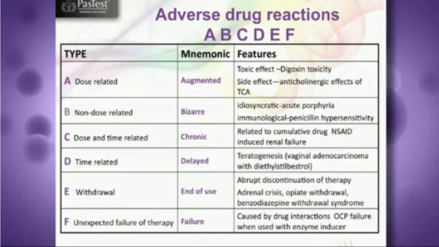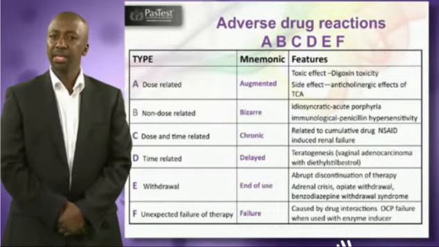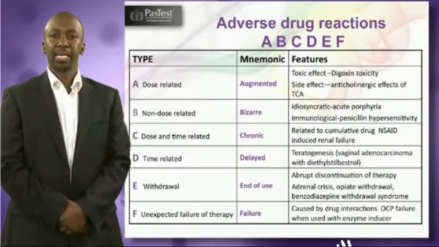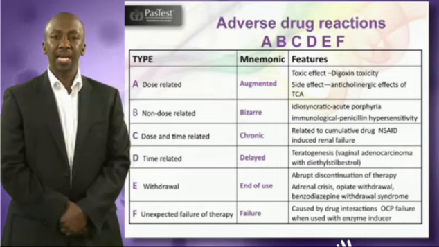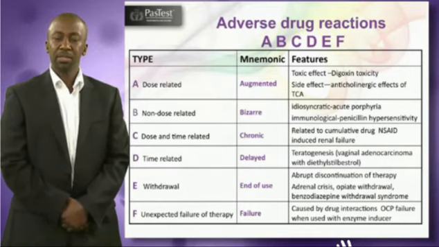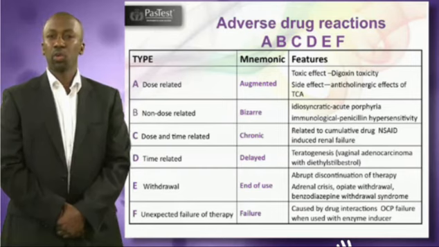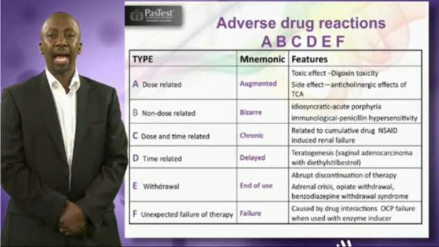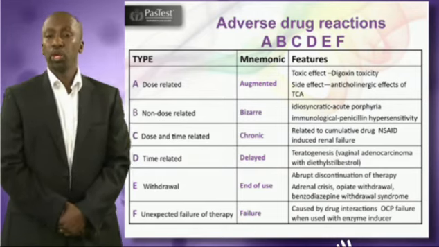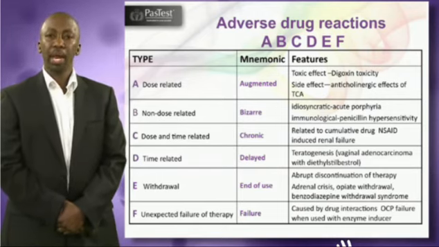So for the steroids, for example, you would go from 30 milligrams for a week, then you would cut that down to 25 milligrams, down to 20. So a slow withdrawal of about 5 milligrams per week. Again, with SSRIs, think about this because this is topical in the exams. And then finally, which is unexpected failure of therapy. In the exams, this will manifest itself with questions of drug-drug interactions, which I've recently covered. So this is looking at interactions, for example, of the pill when used with an enzyme inhibitor, or when an